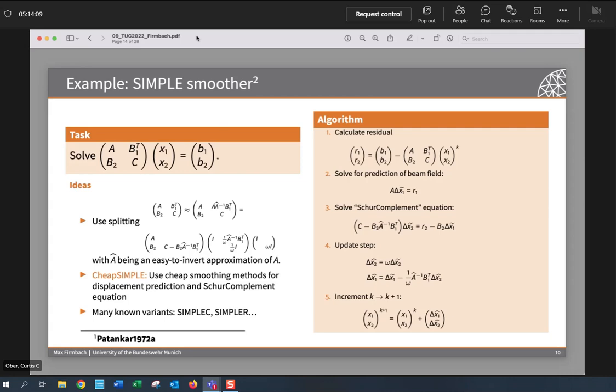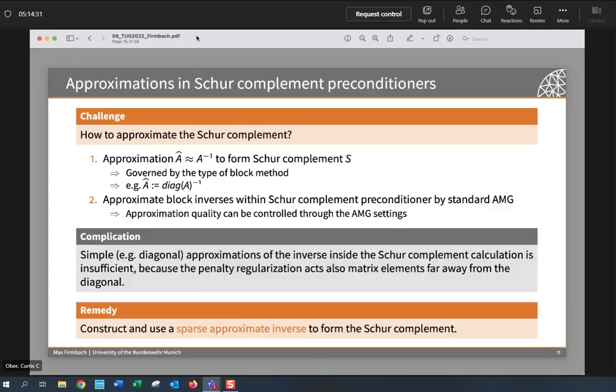The basic algorithm just outlined is that you calculate your residual, you solve the beam equation, you use that prediction to solve the Schur complement equation, for which we use multigrid. You do an update step, and then you basically increment your solution. And if we go to the next slide,